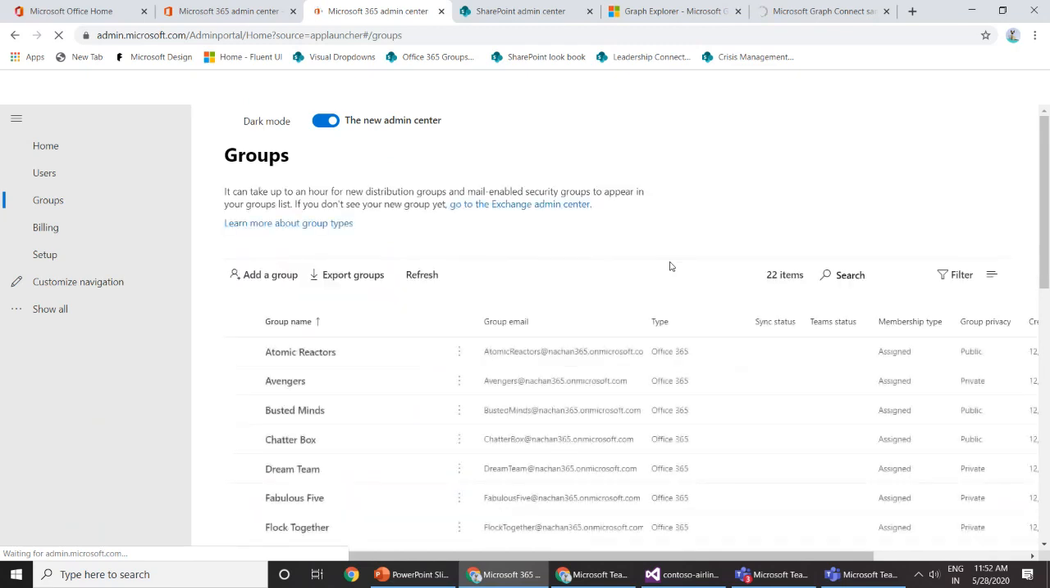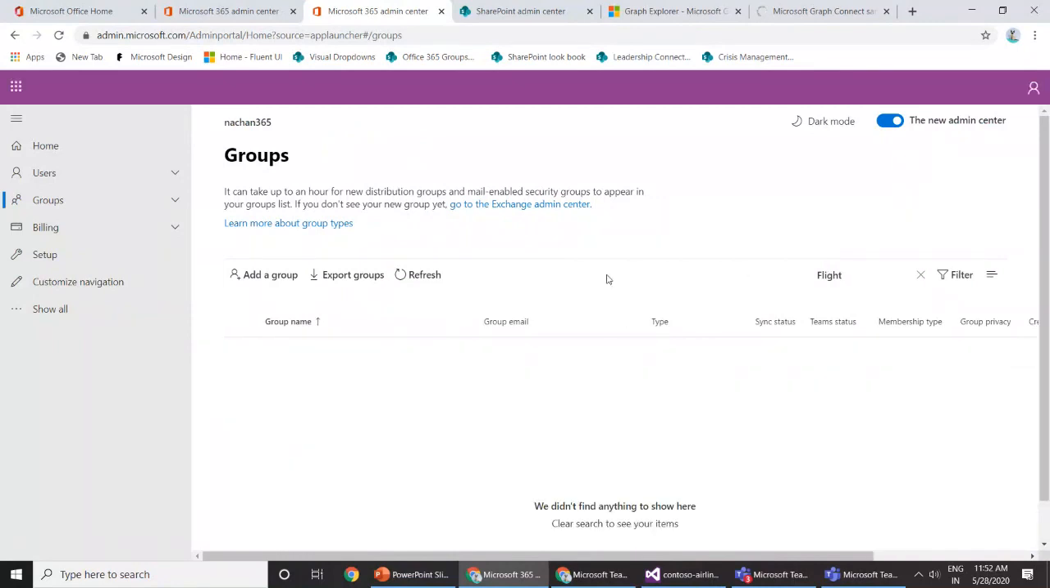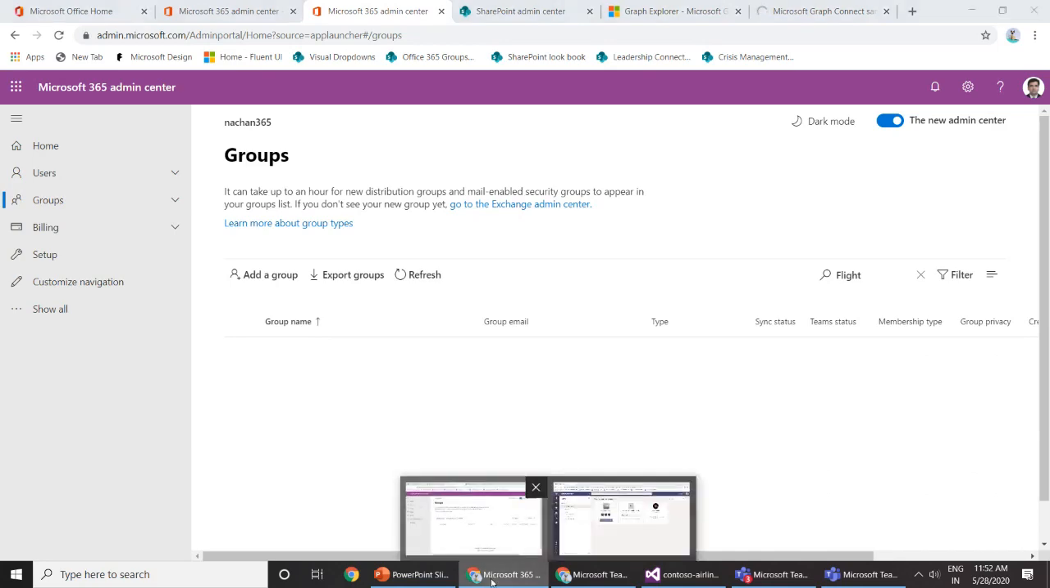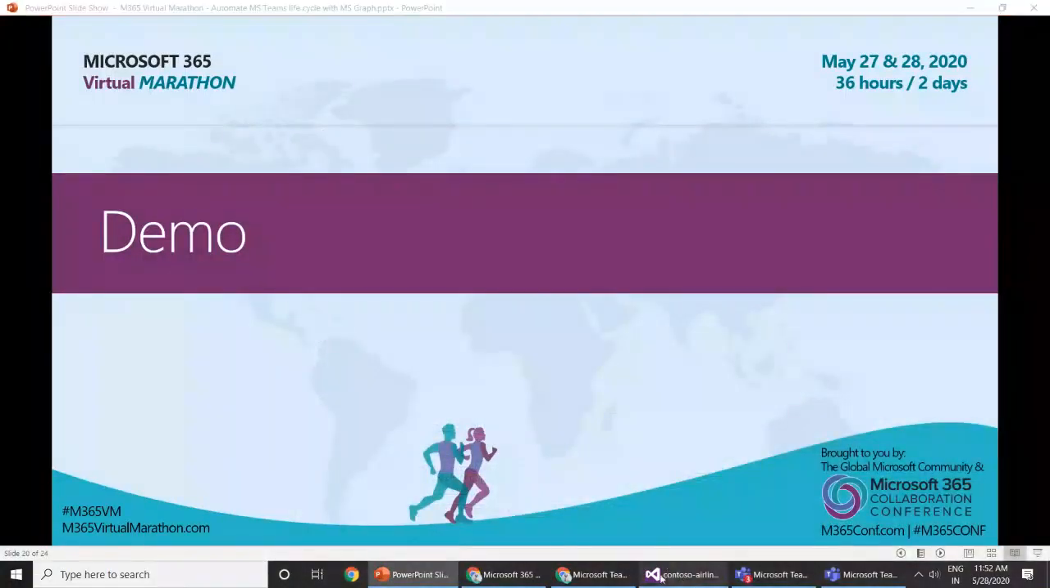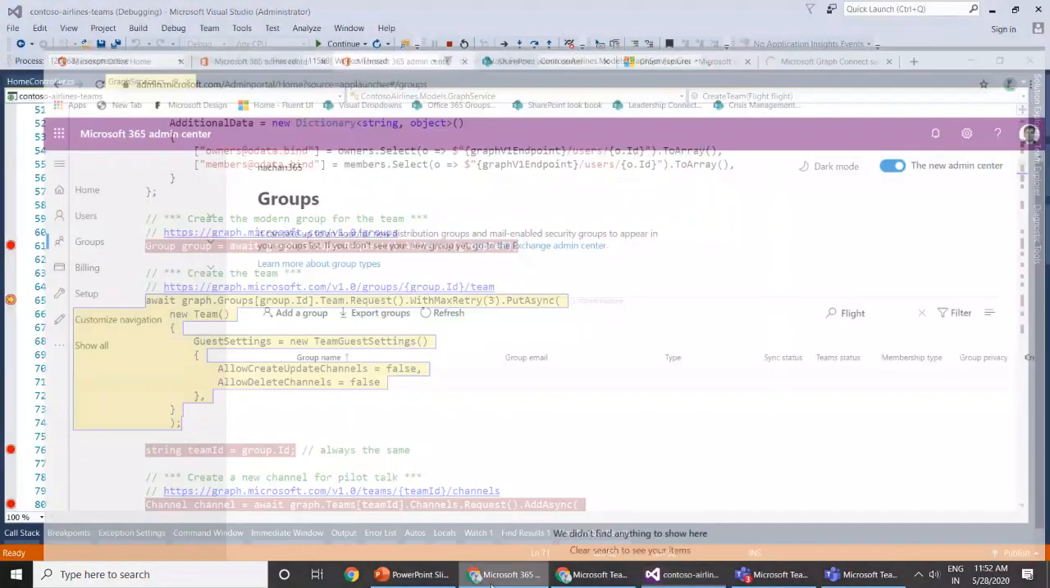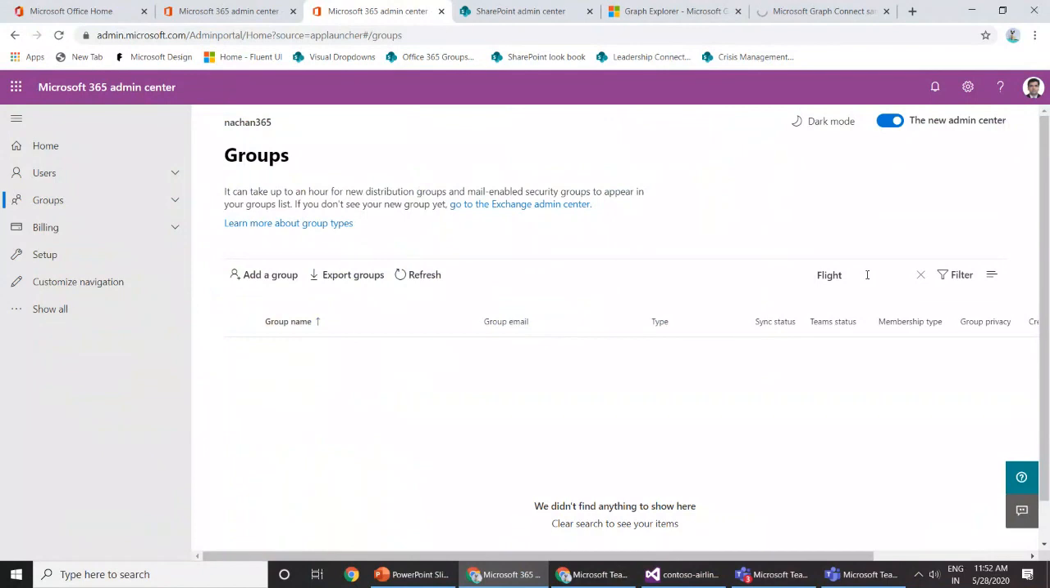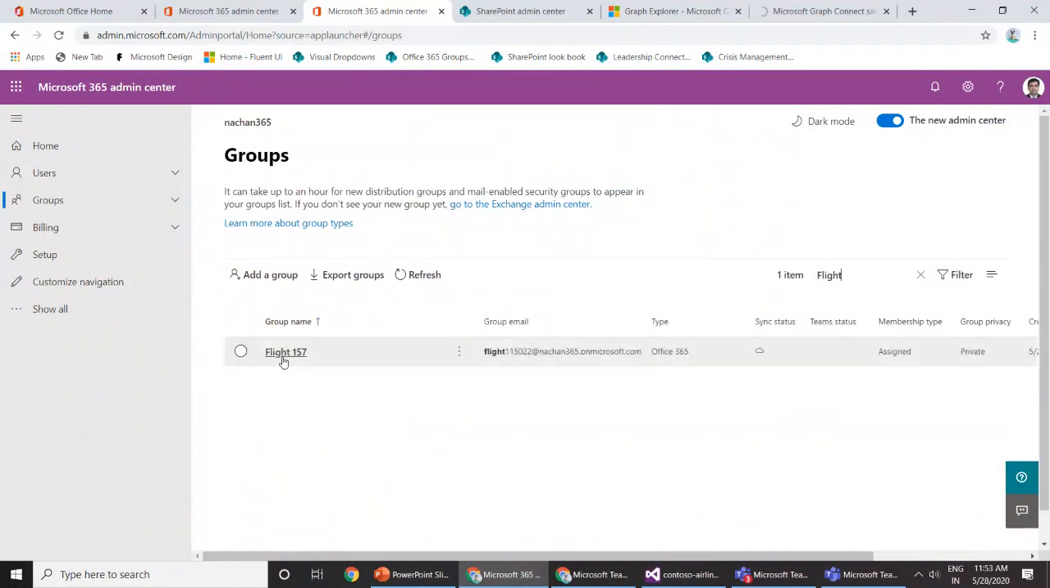So, okay, let me try to search for it. Sometimes it takes some time. It is not yet here, but it should be here soon. Meanwhile, maybe we can move ahead and try creating a team, because sometimes it takes some more time for this particular group to be displayed here. Okay, so now that we have this group 157 created here,